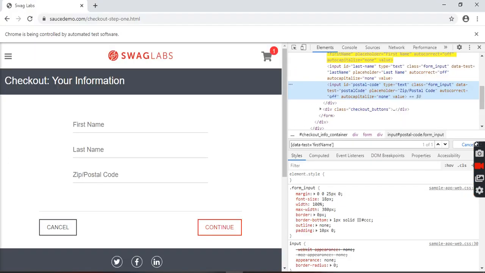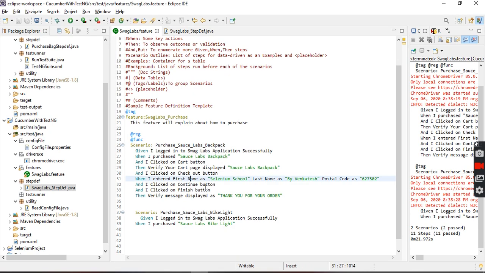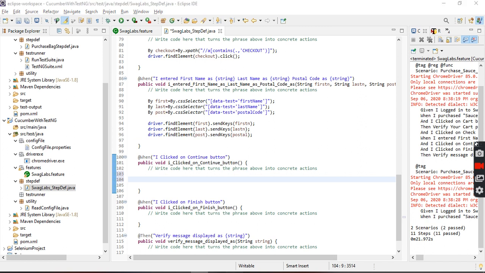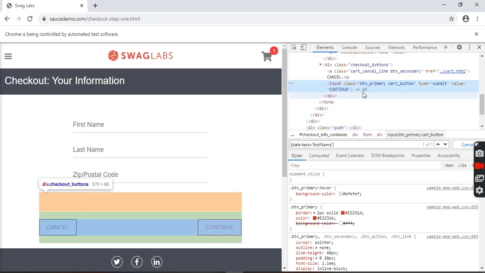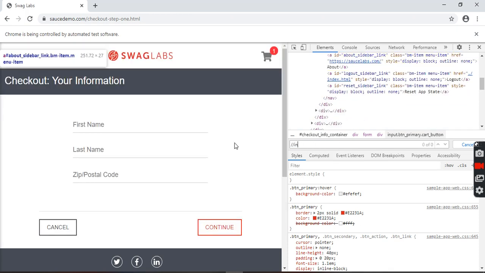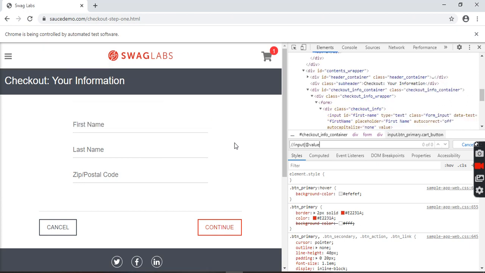Okay. After that, what you are going to do? You are going to click on the continue button. Fine. What is the continue button? Here. Input value is equal to continue.